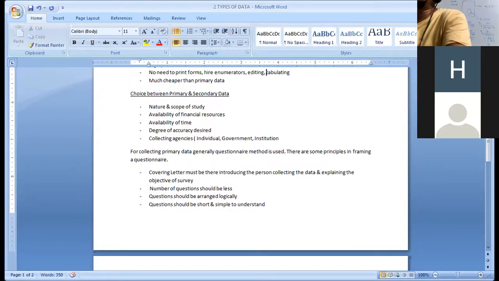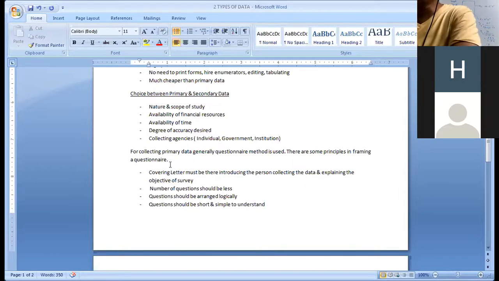If it is an individual, it will be difficult for him to arrange financial resources, and hence he will go for secondary. But if it is government or some big company, in that case, we can go for primary data. Availability of time also, the degree of accuracy desired, and collecting agencies, it can be individual, government or institution. On that basis, we can decide. Actually, all these factors have to be taken together, and accordingly we decide whether to go for primary